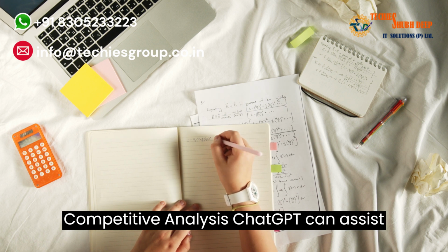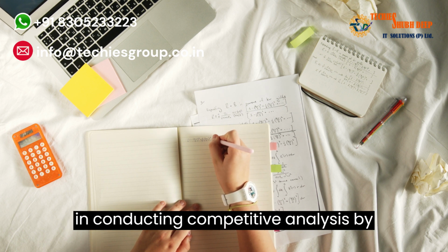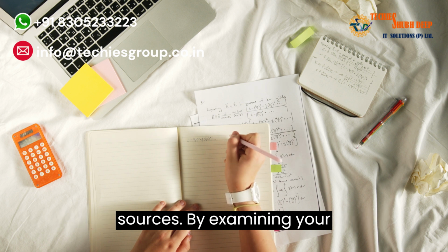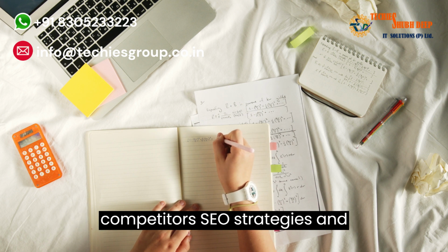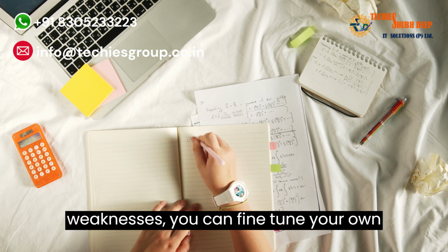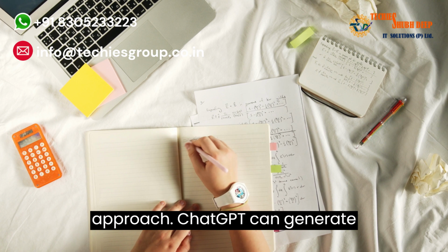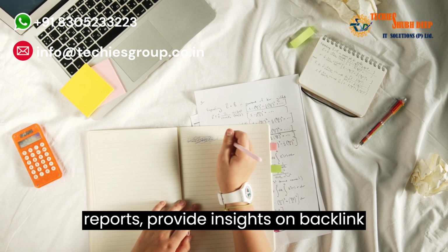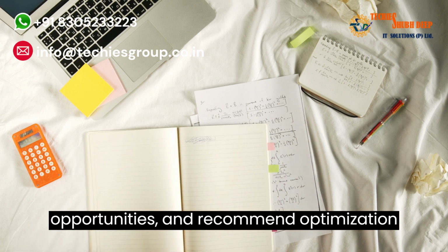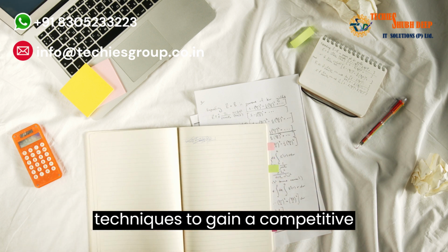Competitive analysis: ChatGPT can assist in conducting competitive analysis by gathering and analyzing data from various sources. By examining your competitors' SEO strategies and identifying their strengths and weaknesses, you can fine-tune your own approach. ChatGPT can generate reports, provide insights on backlink opportunities, and recommend optimization techniques to gain a competitive advantage in the